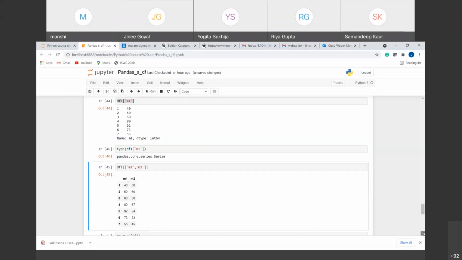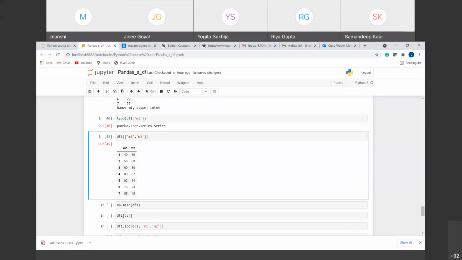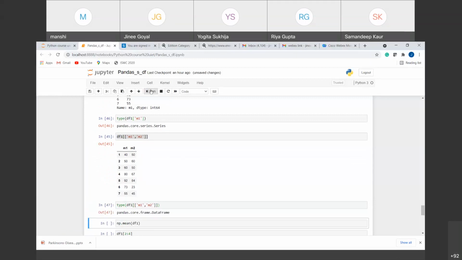To make it more clear, let's see the type of this, right? So we'll insert a cell here and write this. And let's see the type of this when we have two columns, right? If I run this, now you can see that it is a data frame, right? So that is the difference between a data frame and a series.